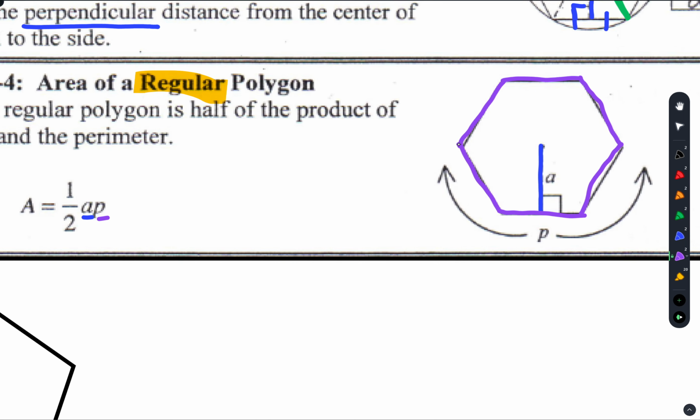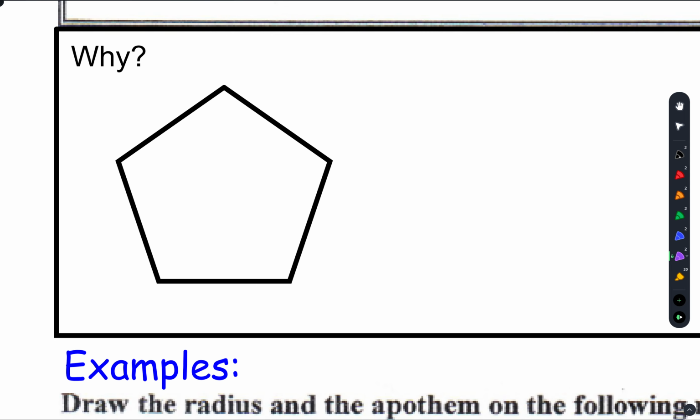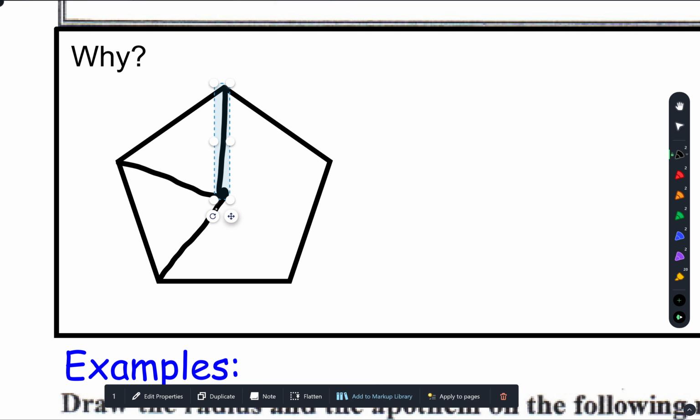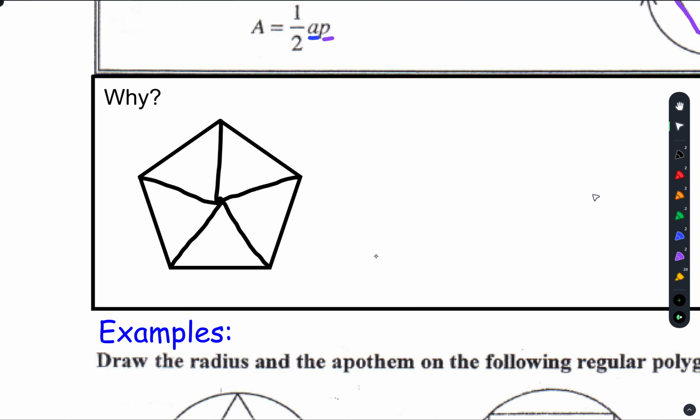Questions on that? Where does this formula come from? Well, if we think about a shape, let's say I look at a 5-sided shape. This is a pentagon. I want to think, how many triangles can I split this up to? A lot of geometry is triangles, right? So I can split this into 1, 2, 3, 4, 5 equal triangles. Yes, we see that? How do I find the area of one of these triangles? I'm going to call this the base times the height. So 1/2 base times height,